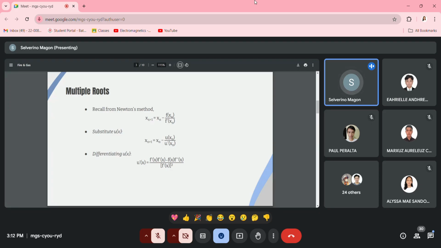So that means the f prime will be somewhat repeated, because we have the f prime here and another f prime here. So anyway, to go through this, we have to first evaluate the derivative of the function u,